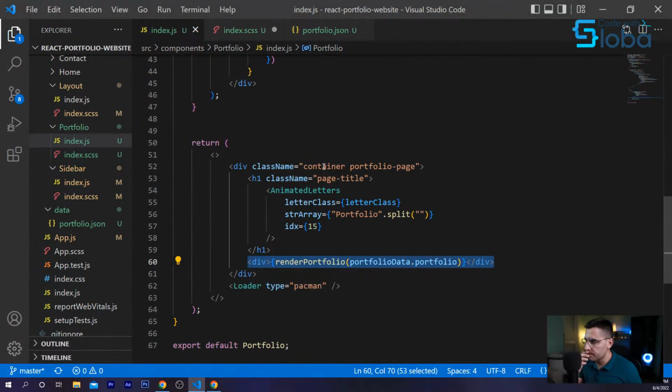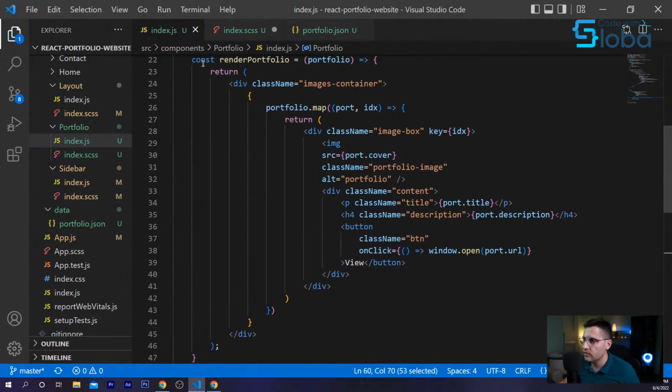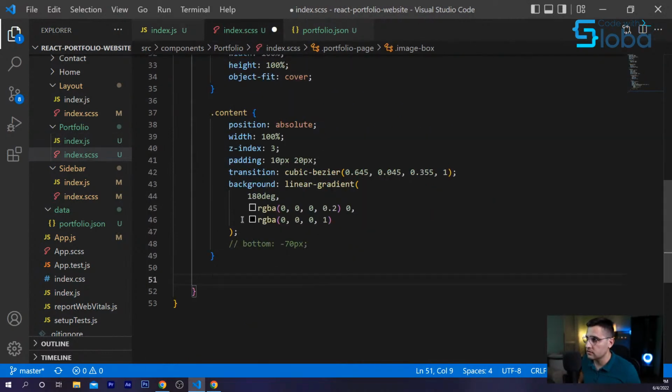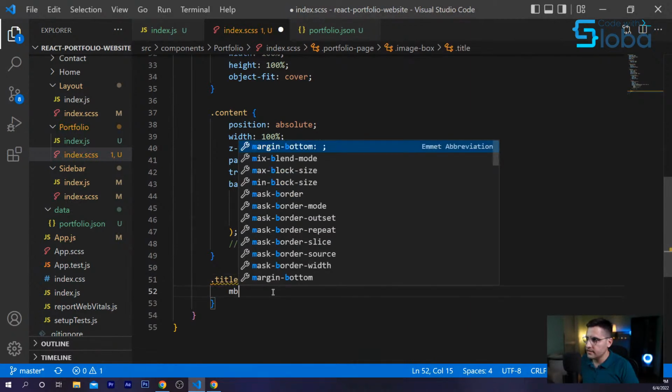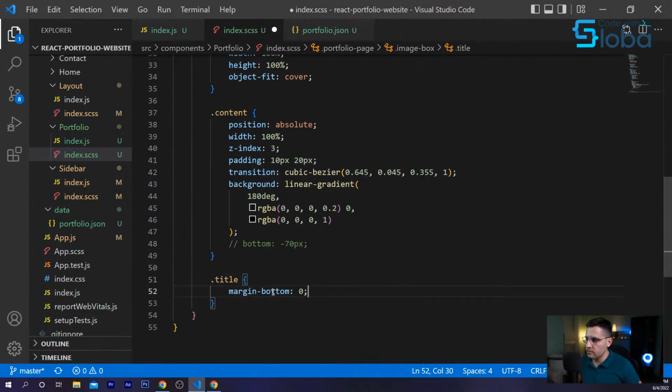Let me see. So where we are at? Yeah, we finished up the content. So now we need to style the title. Okay, for the title, let's remove the margin on the bottom. Remove the margin on the top.